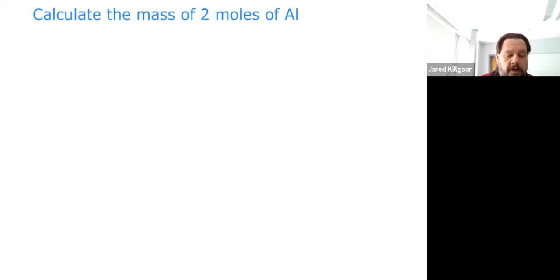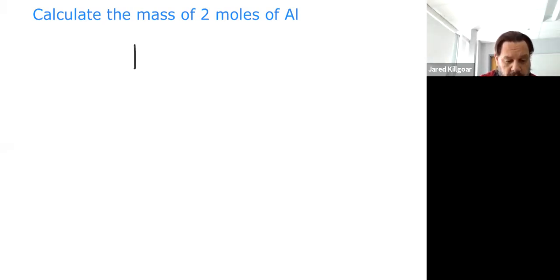So here we're going to discuss calculating the mass of a certain number of moles. Moles, as we talked about, relate the number of particles to the measurable quantity of mass. So if I'm calculating the mass of 2 moles of aluminum, I need to figure out what the molar mass of aluminum is. So I look up on the periodic table, I find the atomic mass of aluminum is